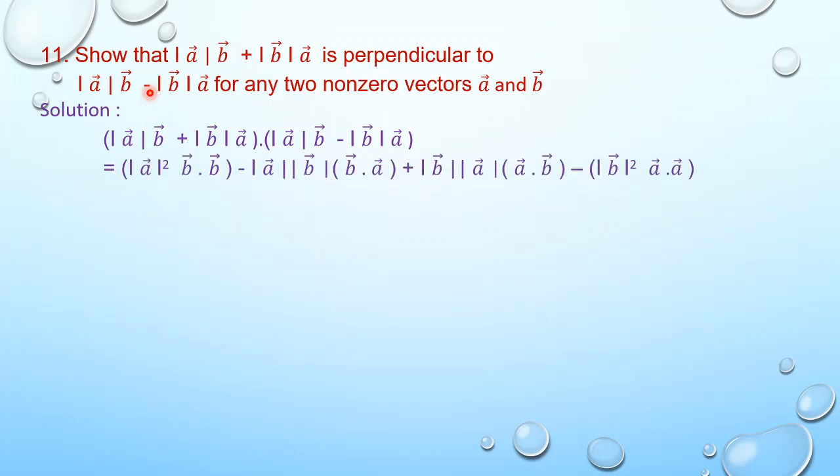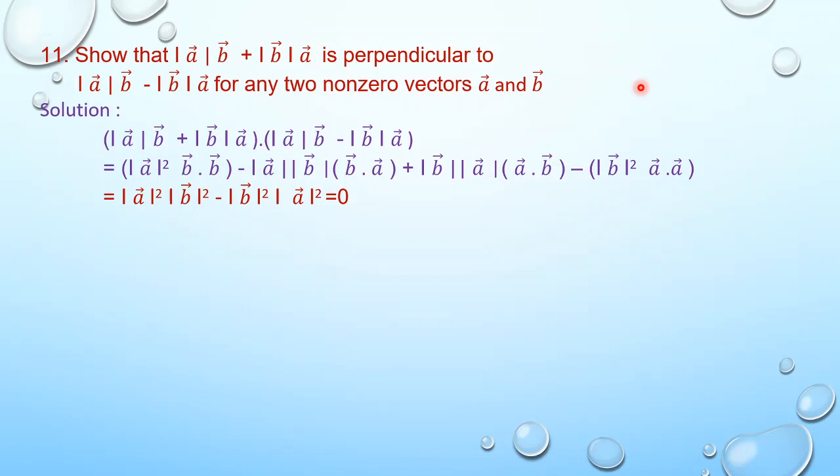So when I do this one, I'll be getting magnitude of A dot magnitude of A is square of its magnitude. Vector B dot vector B is nothing but again we'll be getting square of vector B magnitude, and magnitude of A into magnitude of B, this one, B into vector A, this one. So this is over now. Now multiply with this one. So vector B dot vector A, magnitude of vector B into magnitude of vector A, vector A dot vector B, minus into plus minus vector B into magnitude of vector B into magnitude of vector B is nothing but square of its magnitude. Vector A dot vector A is nothing but we'll be getting again square of vector A magnitude.